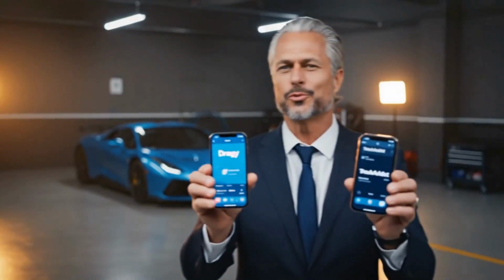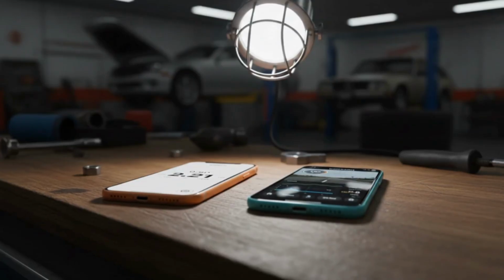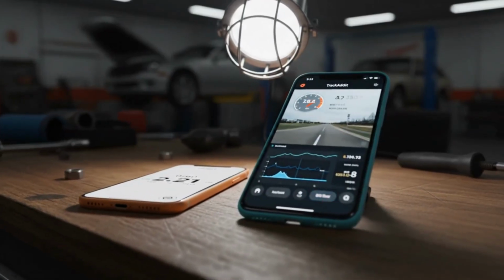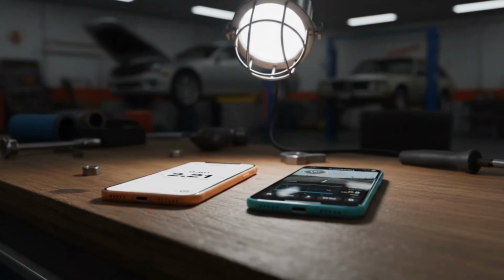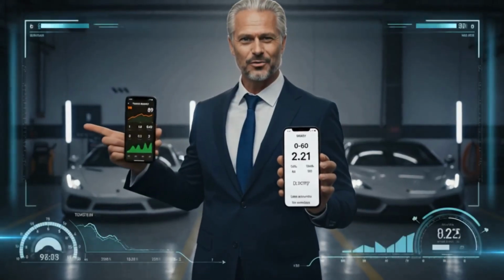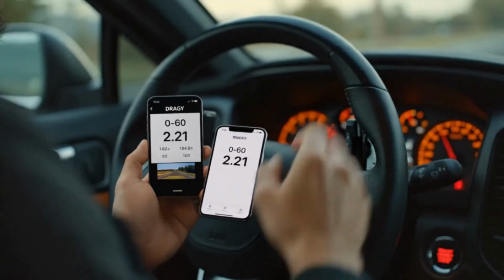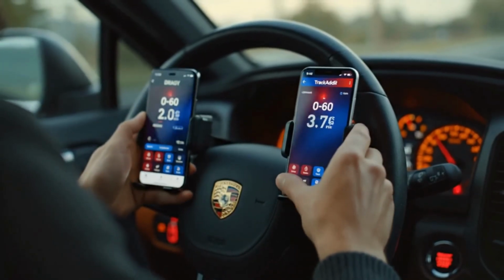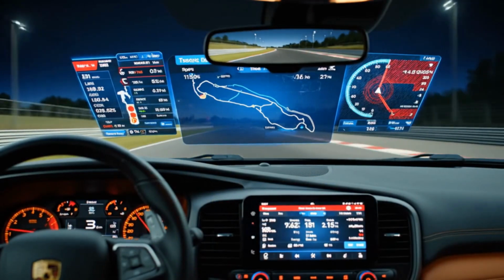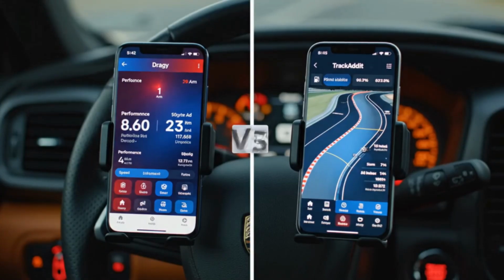What if I told you there's a way to measure your car's performance with just your phone? Picture this: 2 apps, 1 phone, and a clear answer to how fast. No expensive gear needed. I'm about to show you the ultimate battle between 2 smartphone telemetry tools every car enthusiast is talking about. Today we're diving deep into Dragy versus TrackAddict, the most popular phone-based telemetry tools changing how we